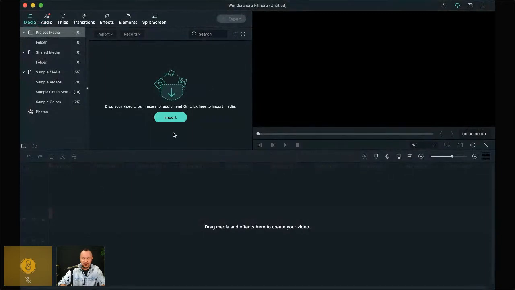So here we are in Filmora, and I've downloaded that interview that I showed you I did with Veronica on my desktop. So I can either import it by clicking this button right here, or I can go to the Finder and just import that footage from my desktop or from a folder that I made. And I also have some other assets and things like that. That's generally the first step that we do in editing video, just like audio, is we pull all of our assets, all of our files into the folder. But I'll just pull them in one at a time here.